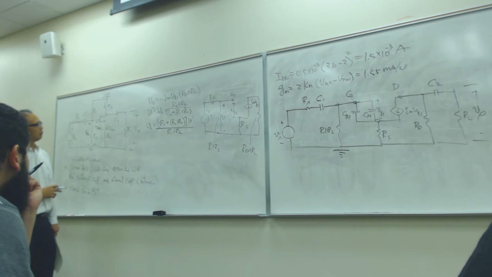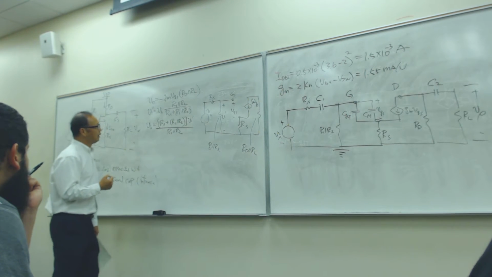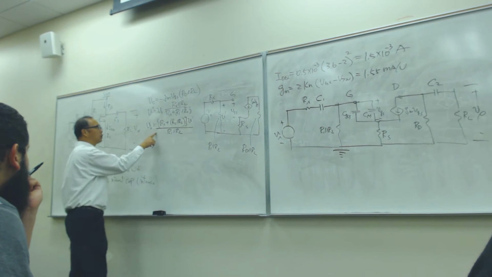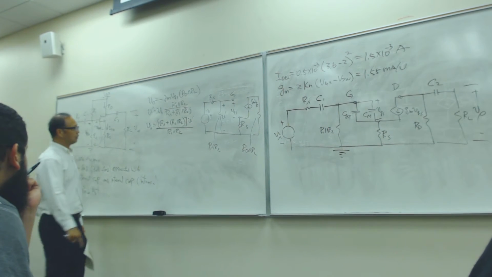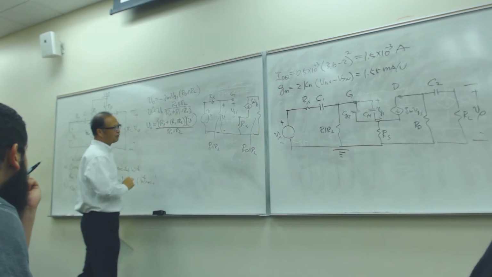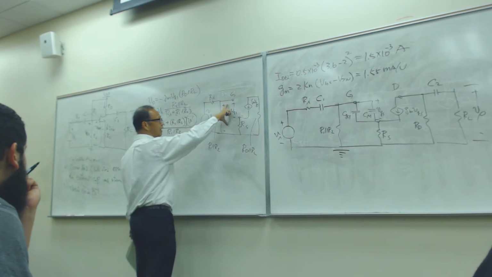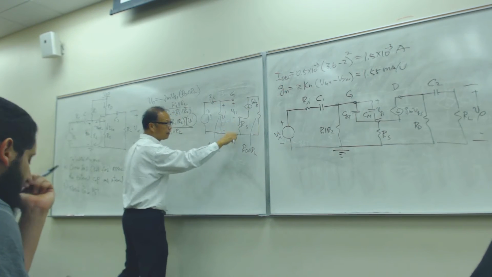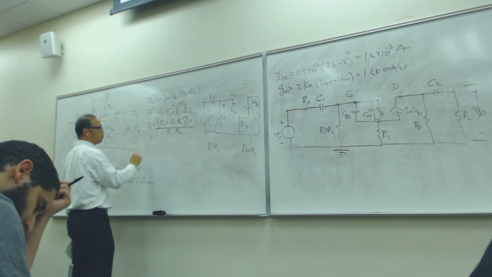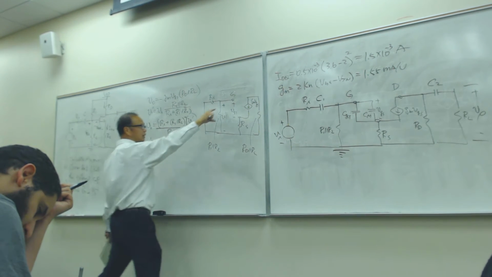Yes. Okay. See, my goal is to try to get this in terms of VGS. Yes? So now I can try to figure out what is V sub I as a function of VGS. Okay? So V sub I is this plus that, correct? Okay? So V sub prime is equal to VGS plus